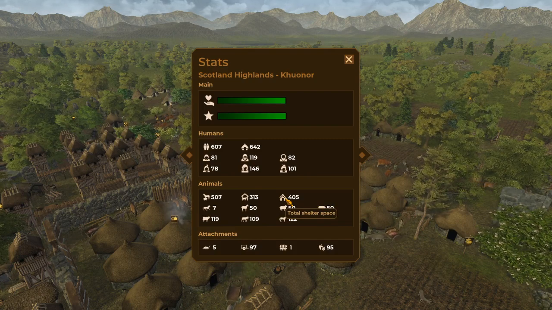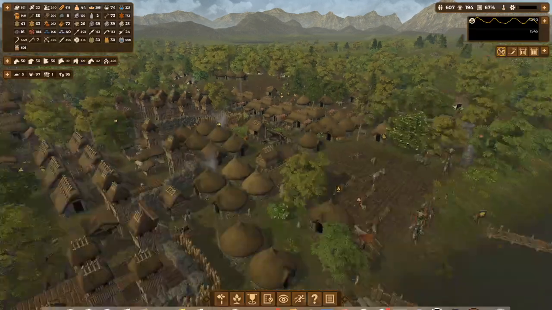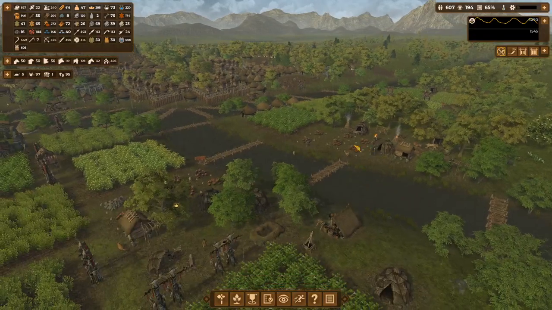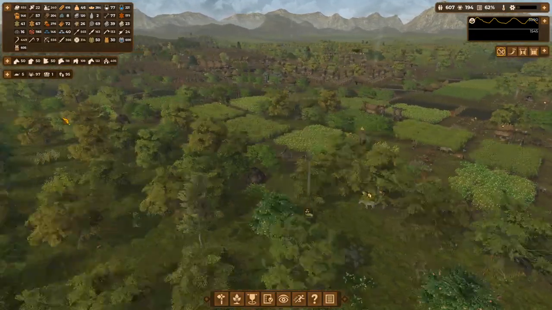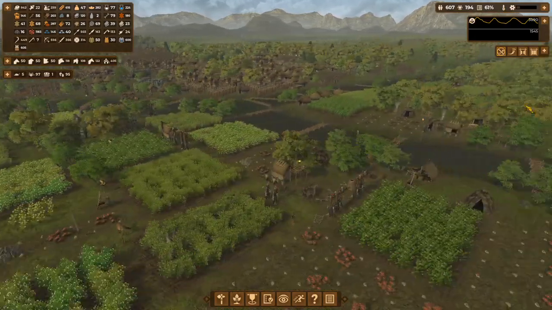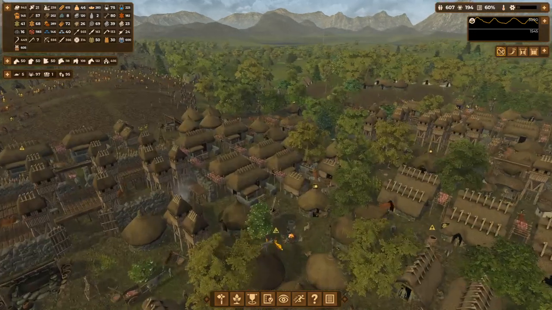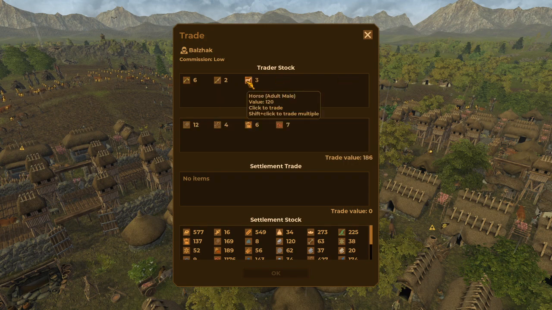If I can make two more stables, then I can rely more on meat, and it's easier. So instead, I planted a lot of vegetables in this area, and during summer they can harvest it. And also, if you notice, I have a lot of iron ore, because